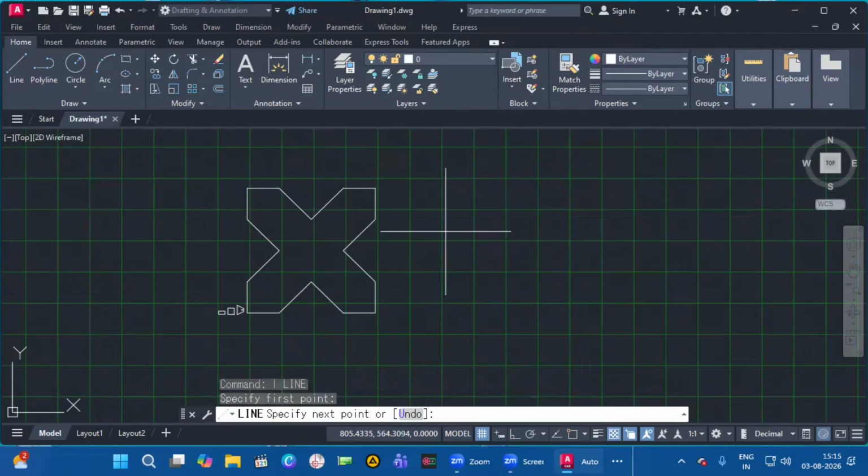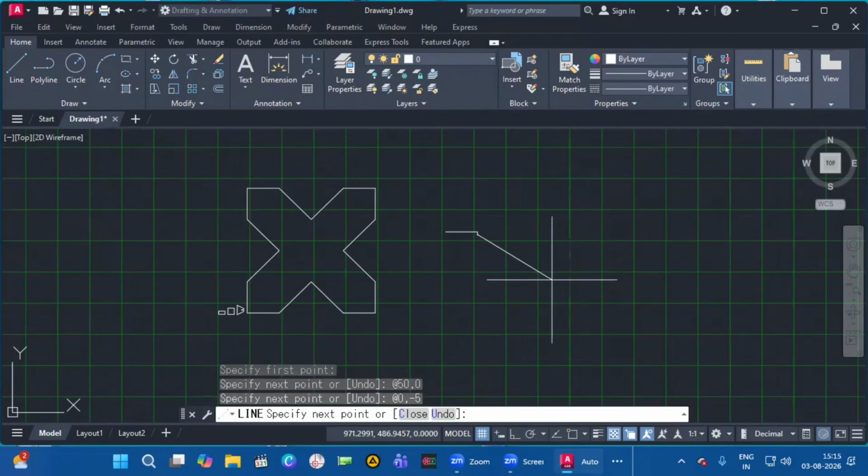Line, L enter, first point at the rate 50 comma 0, at the rate 0 comma minus 5, at the rate 50 comma 15,